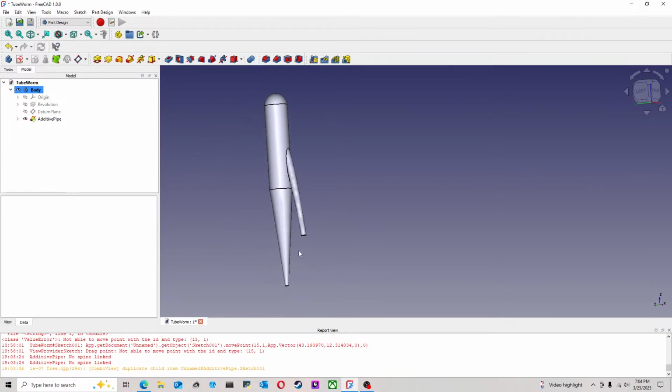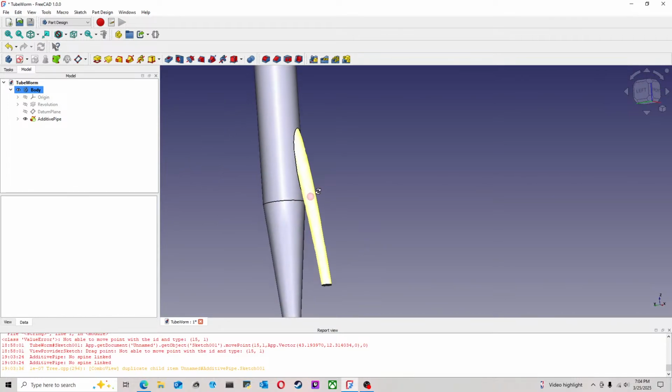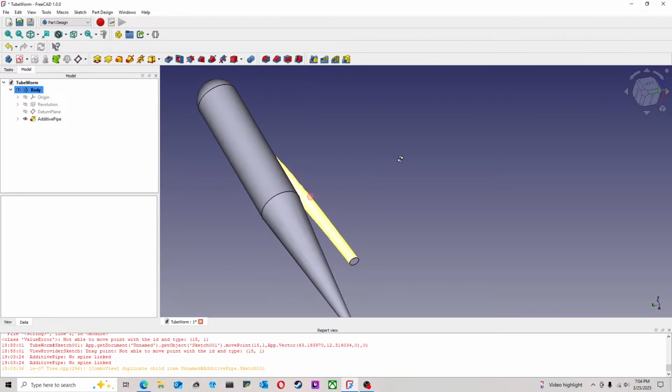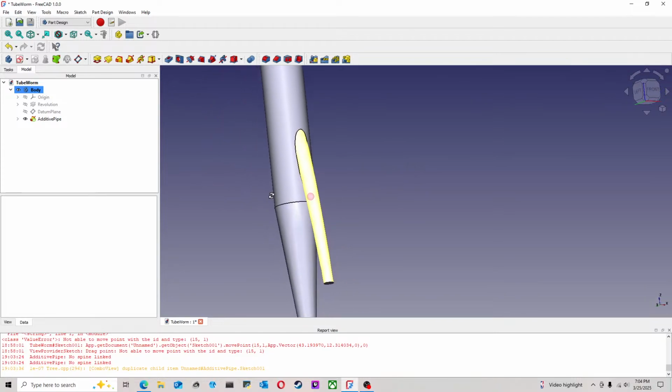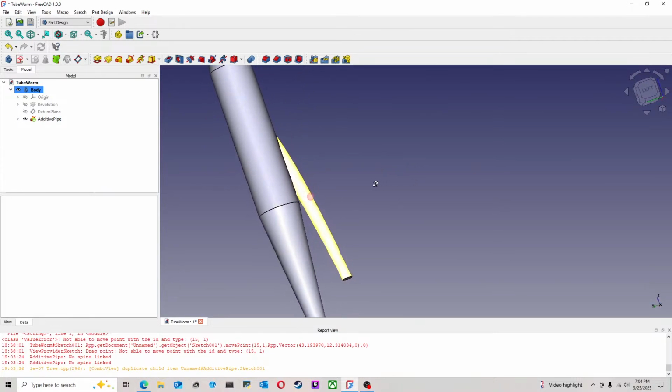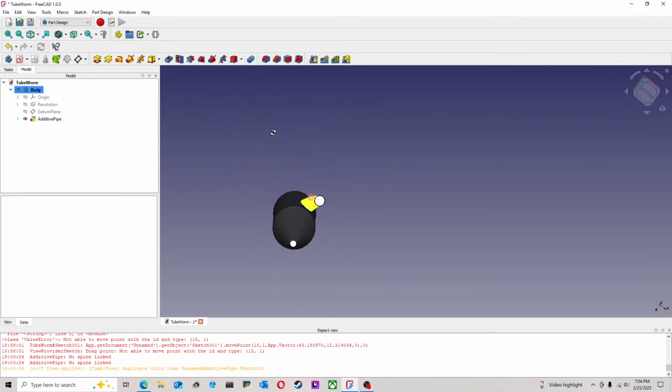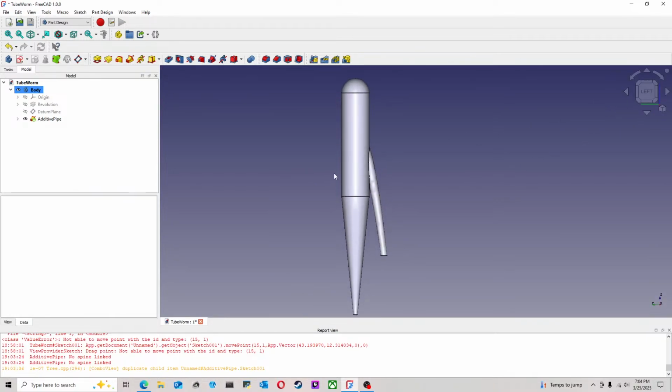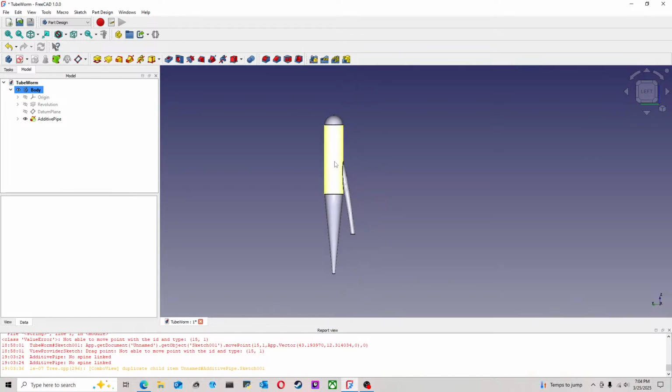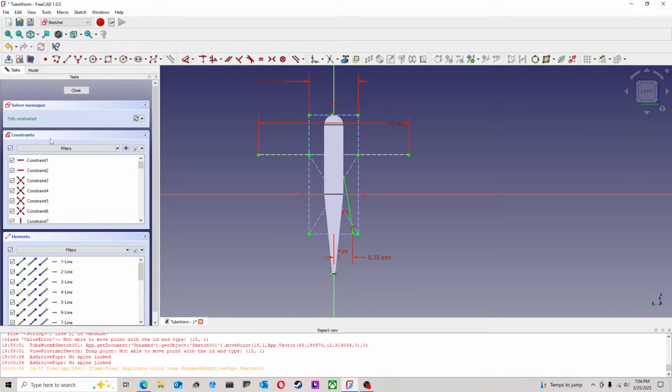And I'm looking at that thinking, I don't know if that's really what I want, because I think I want this to come out further, and that's fine. So how we're going to fix that is we're going to come back into this sketch and then move where our profile,